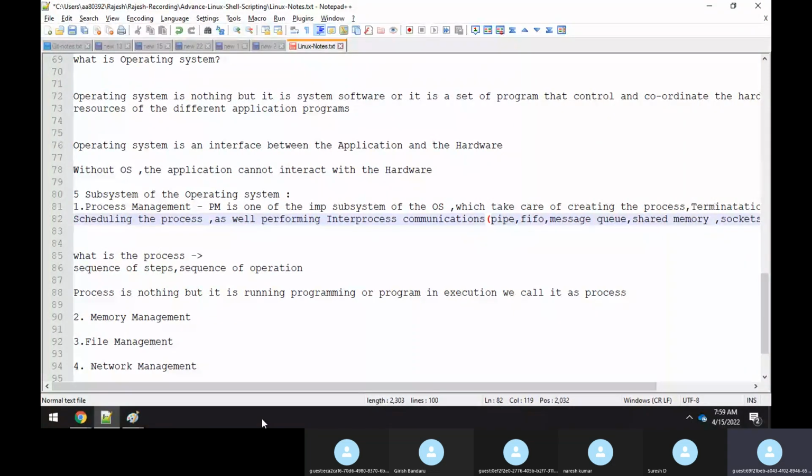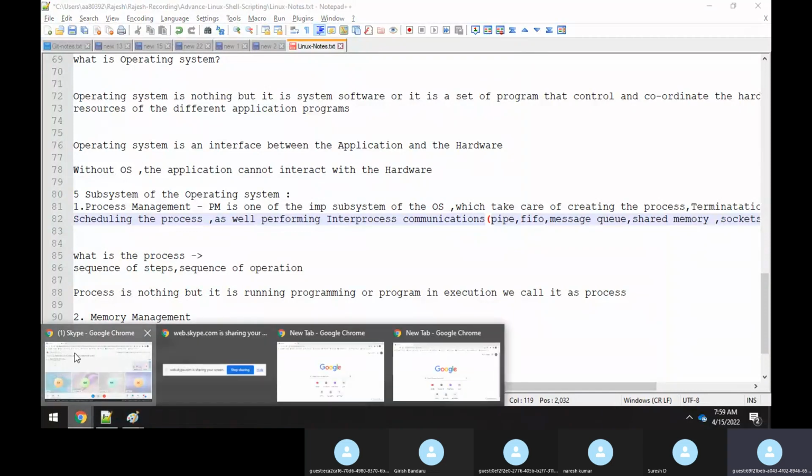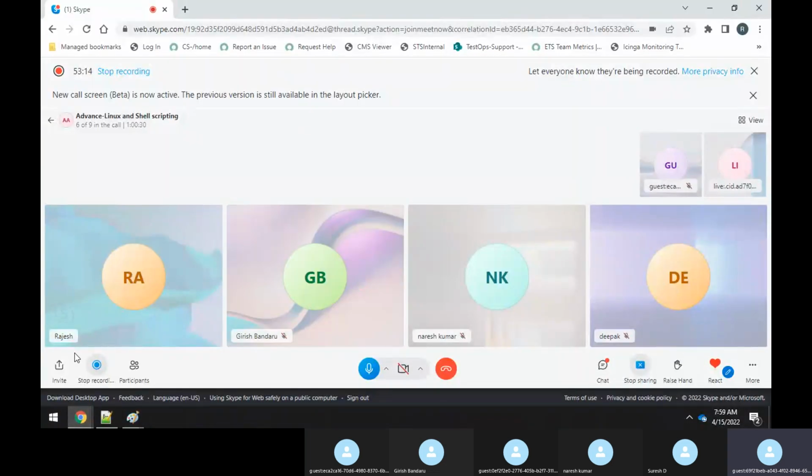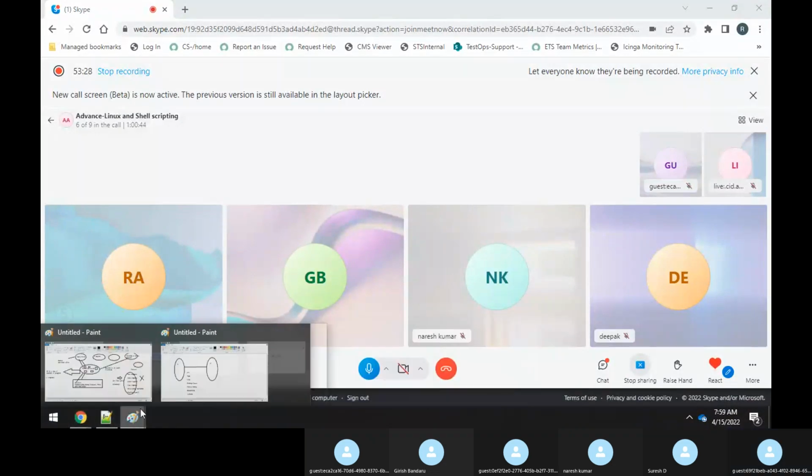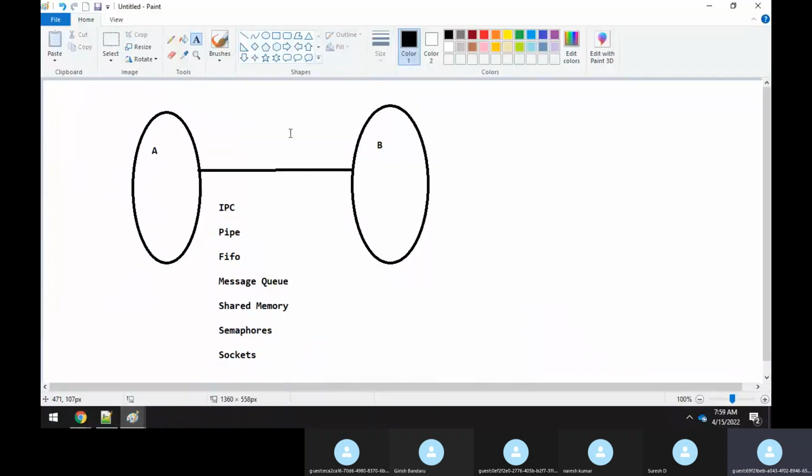Guys, are you clear till here? I know that for some of you, it might look very weird. What is this, man? What is Rajesh trying to tell us? He's telling something different. But yes, you just follow me as I'm telling now. As of now, don't worry. Many things will be clear after some point of time. Don't worry now. Okay, so we are learning about the different subsystems, right? So inter-process communication. Fine.